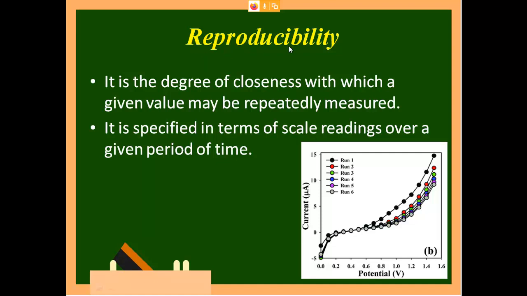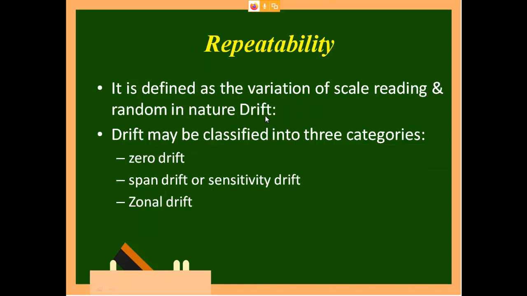Again I repeat, reproducibility is nothing but how your instrument varies in various situations. If you are conducting the experiment again and again, it should show the same value, but due to temperature rise, some will be in the form of loss, so obviously it will come down. That is called less reproducibility. Okay, so next is repeatability.